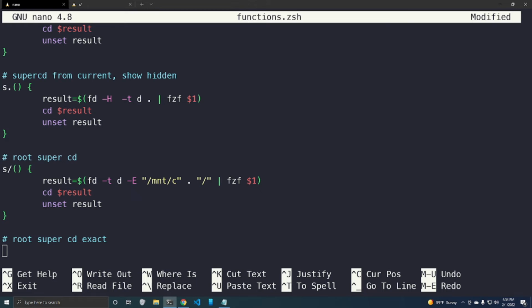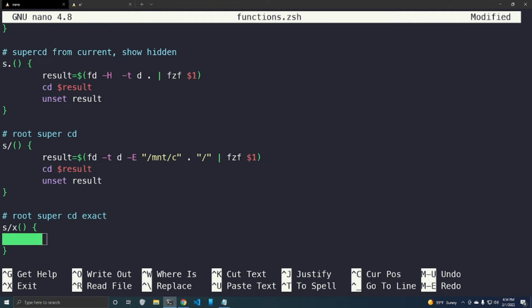All right, so we'll do s and I do /x. So result equals fd -td -e. So we're going to exclude mount/c. Root. Okay,